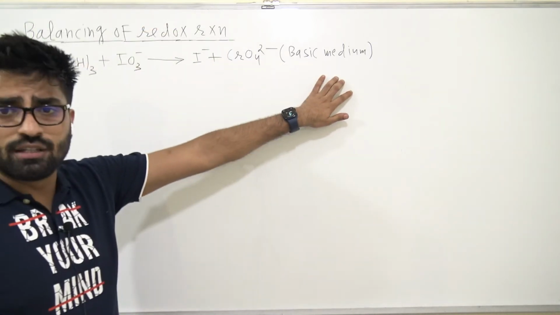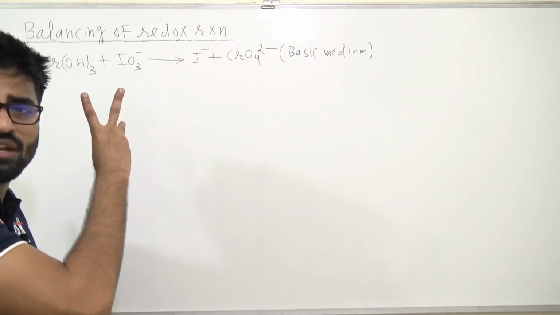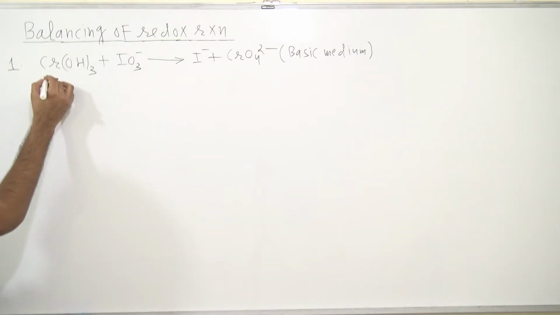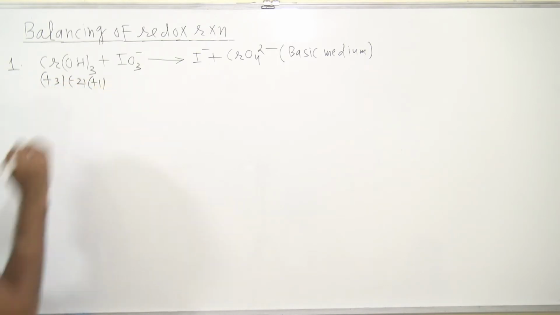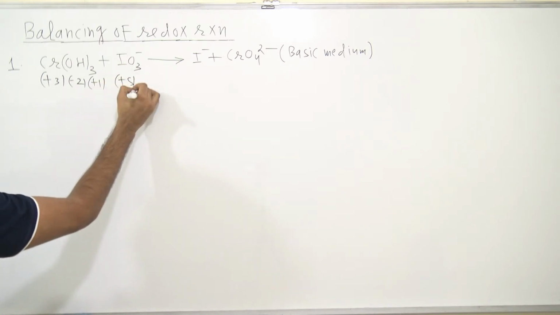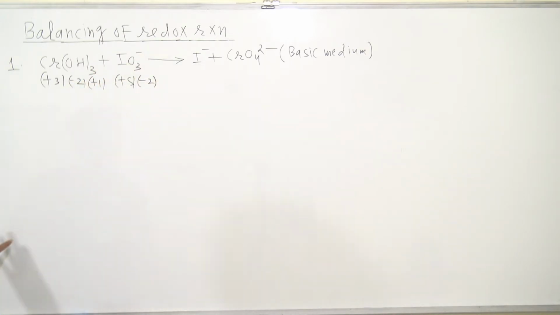We have this question written on the board. Now all steps are similar. It is written as basic, but we are assuming it only acidic, right? So OH minus, this is hydroxide, right? OH minus has -1 charge, so total minus charge is -3, so total plus charge has to be +3, right? Oxygen here is -1, hydrogen here is +1. You can write like that also. Iodine will come out to be +5. I hope you are getting how it is coming out to be +5. X minus 6 equal to -1, so +5. Oxygen -3. This is iron. Whatever is the charge on iron is the oxidation number.